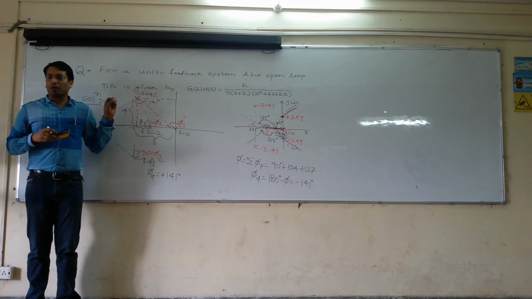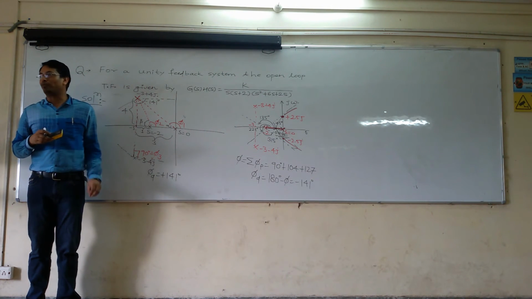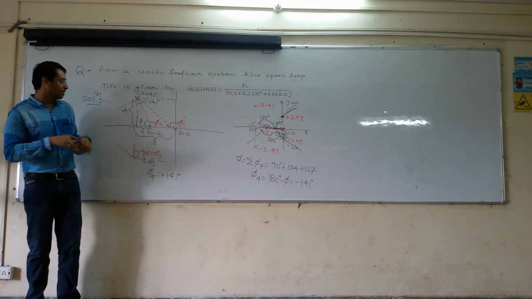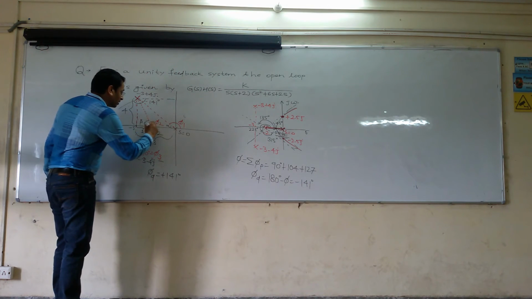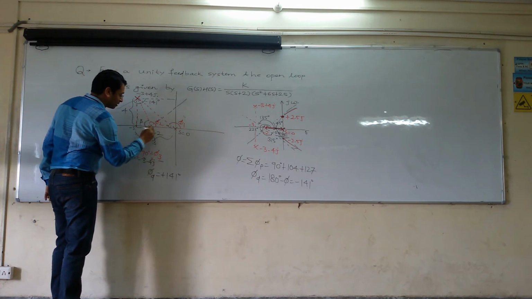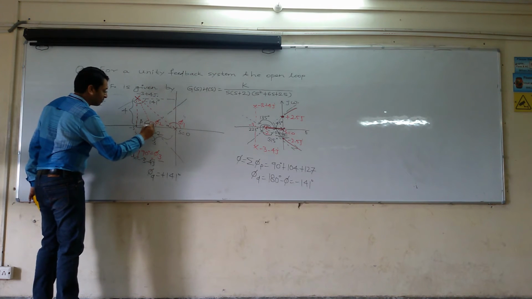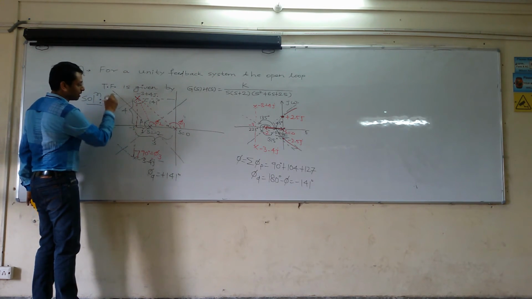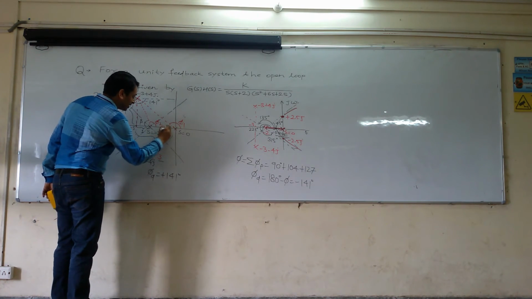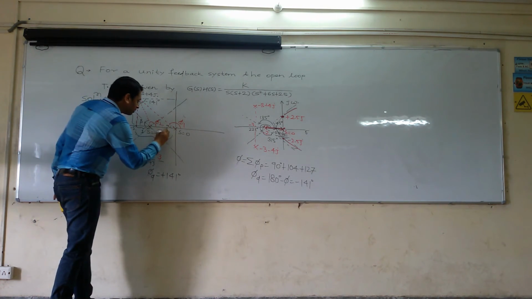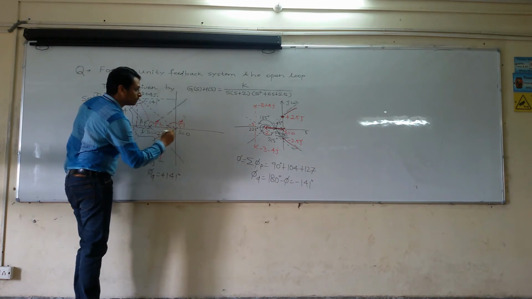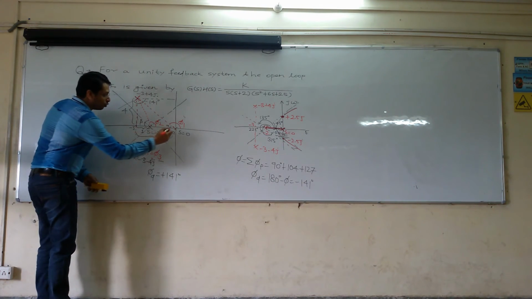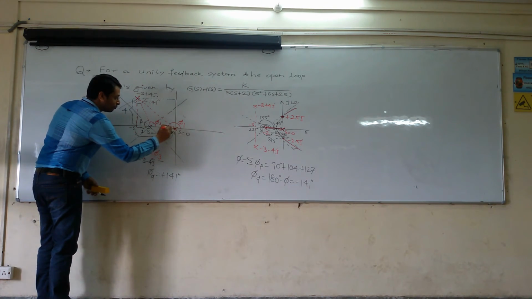After performing all these calculations, you have to move towards the graph. Then once again, locate precisely all the points. You have to locate your angle of asymptotes here. Likewise, these are asymptotes here. These are asymptotes here. Okay. Your breakaway point is here. What was the breakaway point? Minus 0.8981. So I am going to say that your root locus will start from this pole and move towards this.